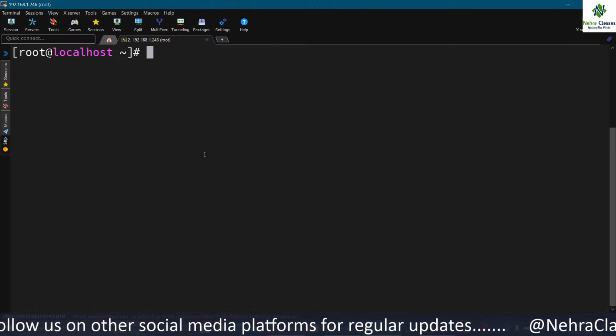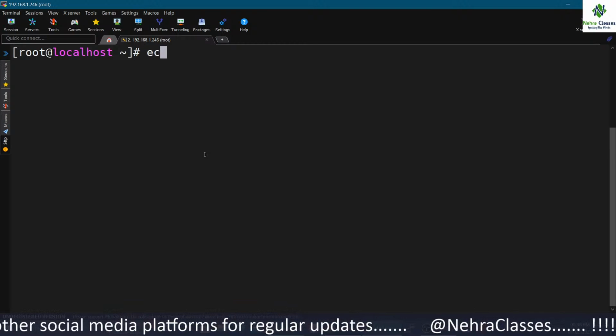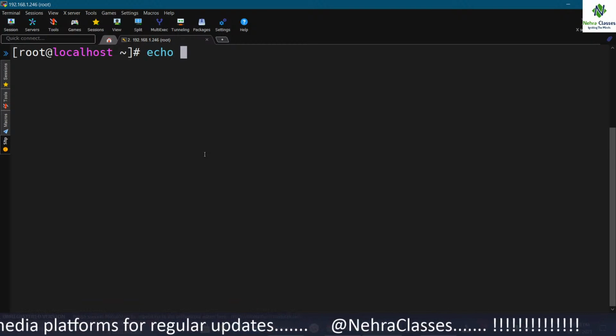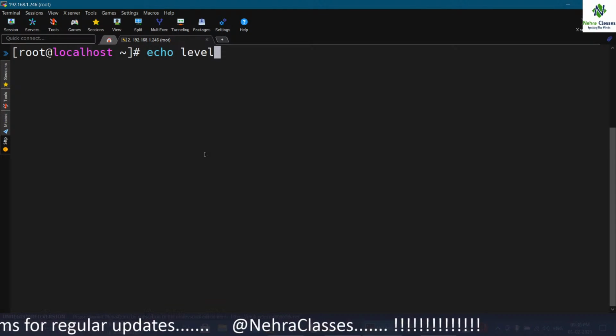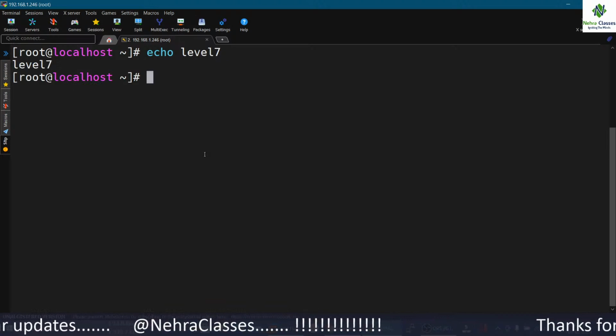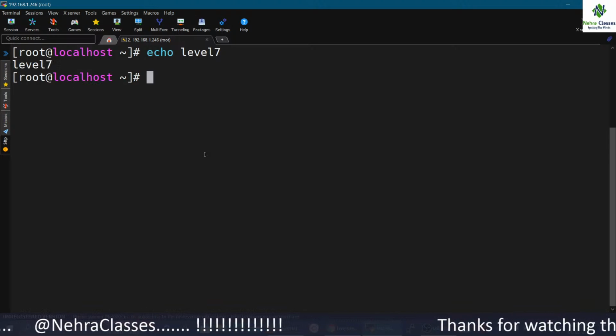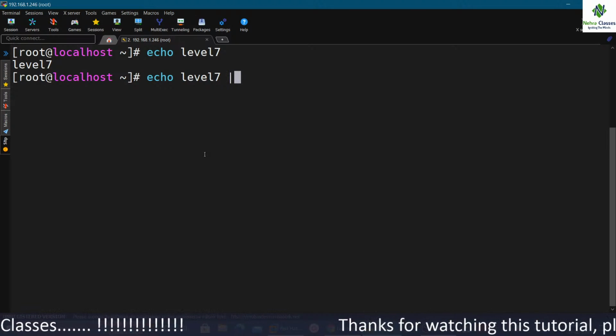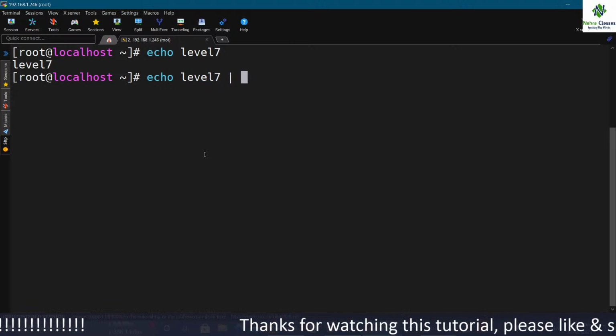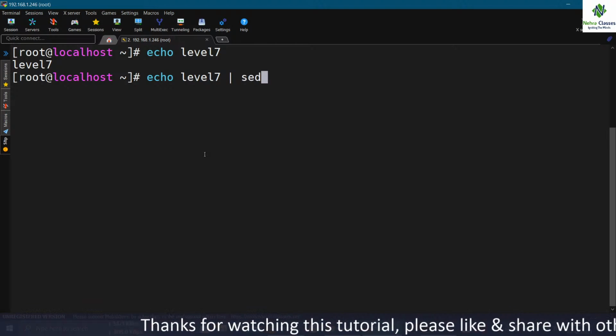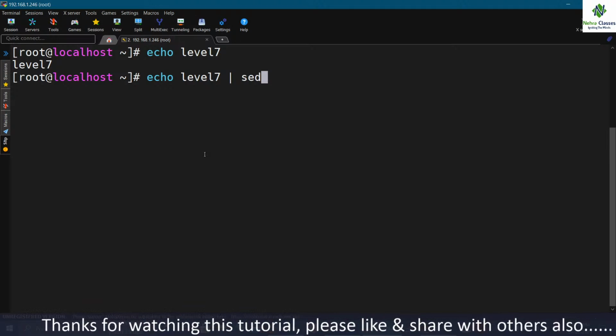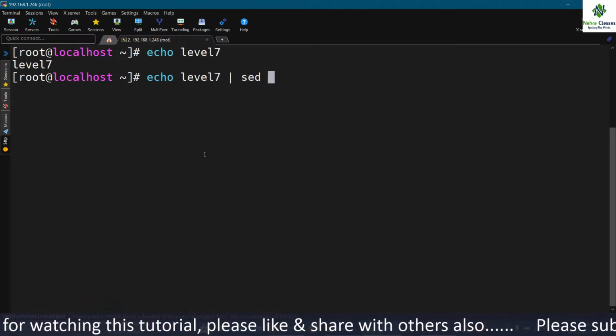Let me show you a few examples. Here let me use the command echo level 7. This command will print level 7 on the screen, but if I want to change it while executing the echo command, I can use the pipe sign, and after the pipe sign I can write sed, and within